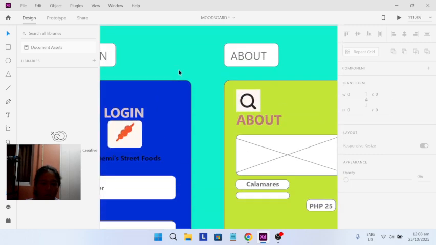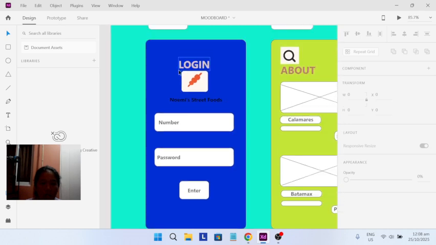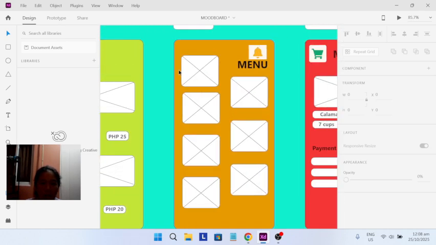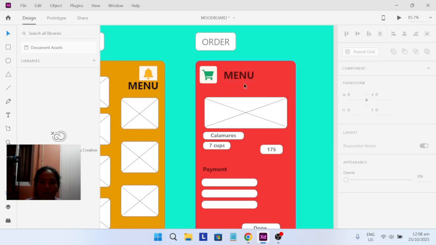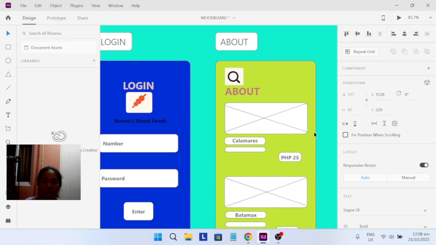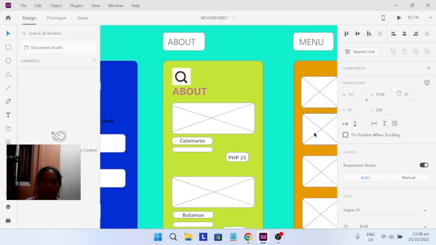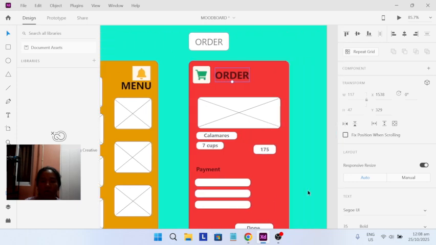So, here's the login, about, menu, and menu pa pala ito, hindi pa napalitan. Order. Again, login, about, menu, order.